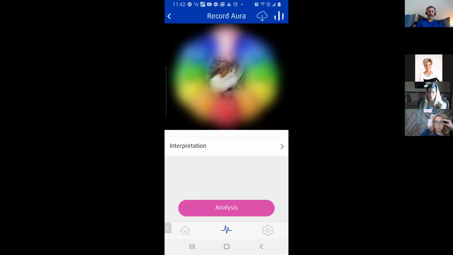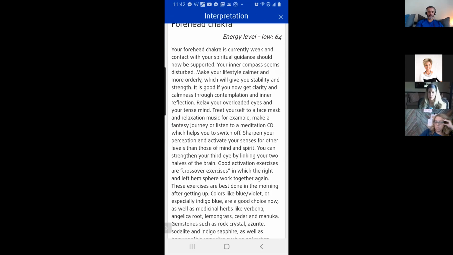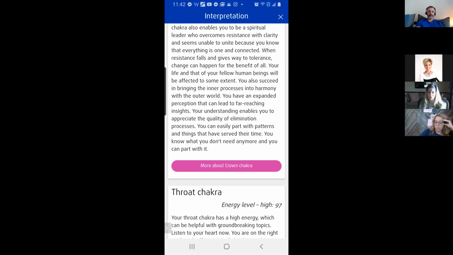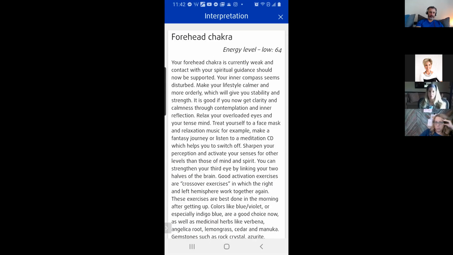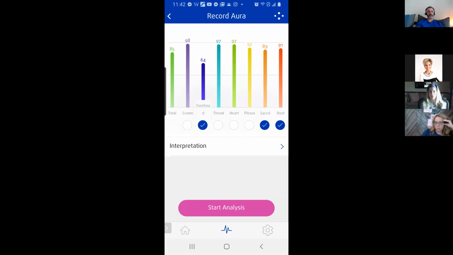All right. Now there's two things that come up here. The interpretation is a great recommendation on how to understand what the different chakras are, okay? And some understandings of how to shift them by changing mindset and different things like that, right? And if we go into the analysis, it's going to say the forehead chakra is low. In general, he's usually really good, this dog, right? What does forehead chakra mean? He's not sure who he is, where he's going, how he's going to get there.